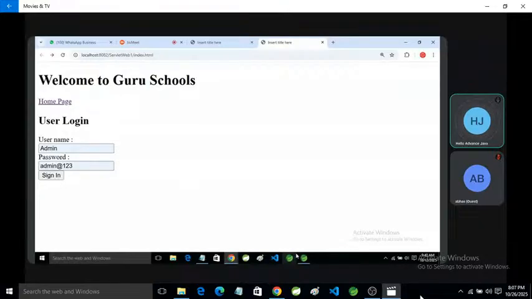So in post we can transfer multiple requests simultaneously. That is the difference between get and post. But get is faster than post, and by default the method is get.